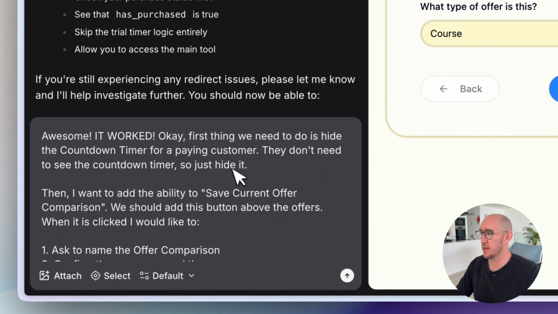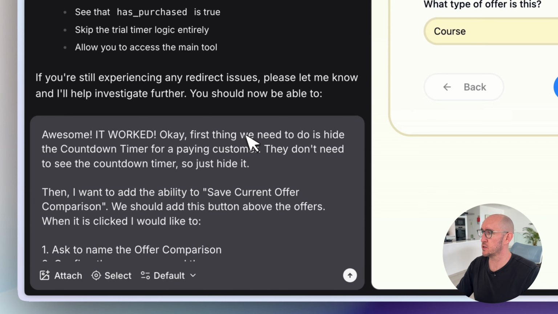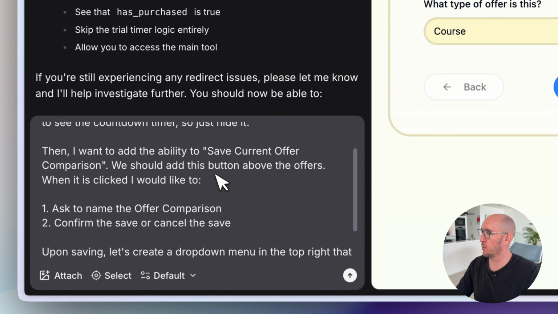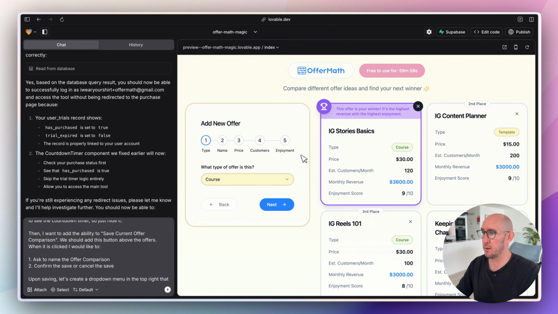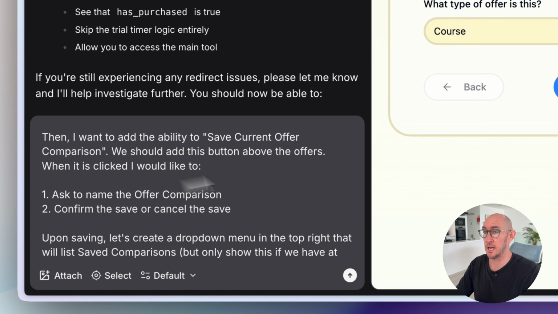Here is the prompt that I wrote to Lovable. I said, awesome, it worked. Okay, the first thing we need to do is hide the countdown timer for a paying customer because they don't need to see it. And then I want the ability to save an offer comparison. So I'm actually envisioning a button above the offers. And I said, when this button is clicked, ask to name the offer comparison and then confirm the save or